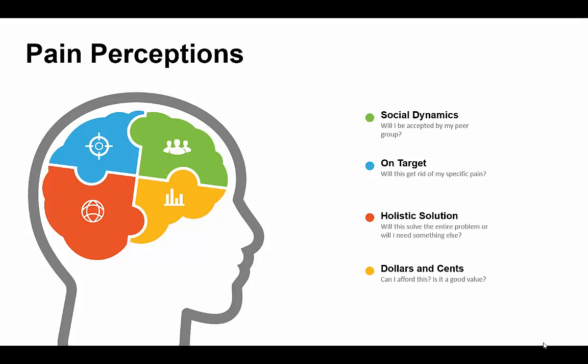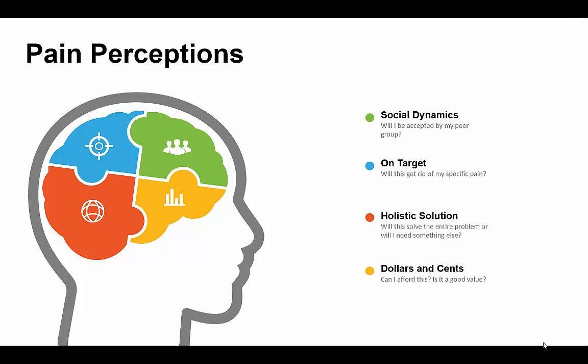The real pain is they've got a trailer they want to buy and they want to be able to tow it. They certainly can't tow that with a Prius. So if you're offering them a solution, will it solve their entire problem, or will they need to do something else? Is their car or truck that will tow their trailer something that will solve everything, or will they need to buy an additional product? And bottom line comes down to, can they afford it, and is it a good value? Does your competitor offer something that's a better value?